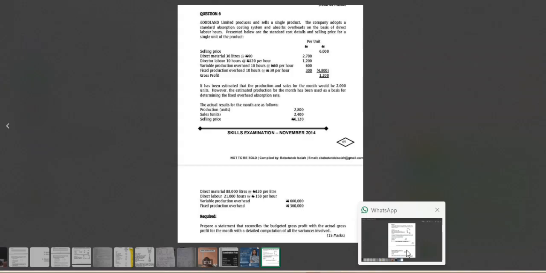The first thing that should come to your mind is, what is the fixed production overhead cost? 300 naira per unit. If I multiply 300 naira per unit times the units budgeted, it will give me